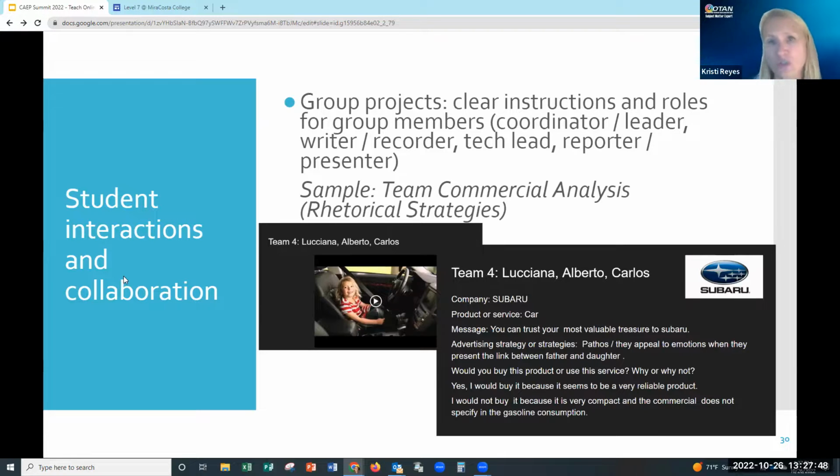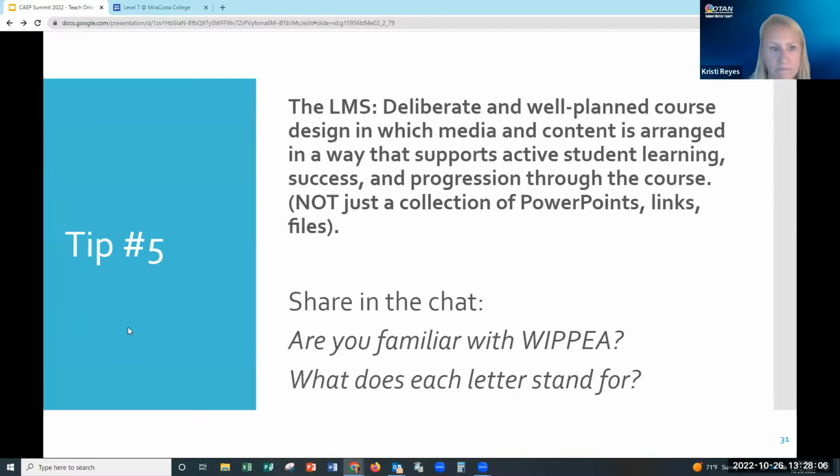Either let students choose the roles for their participation in the group that fit their skills and their interests, or assign as you see different skills of different students, but they can do it. And this is a really important workplace skill, to be able to work as a member of a team. Our last tip, I'll turn it back to you, Katrina.